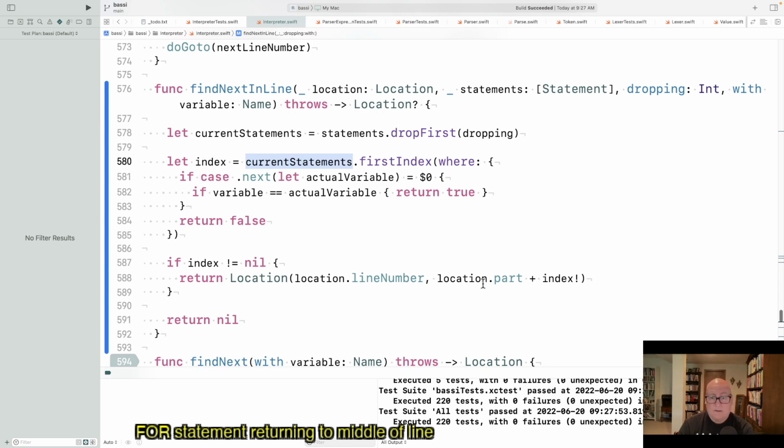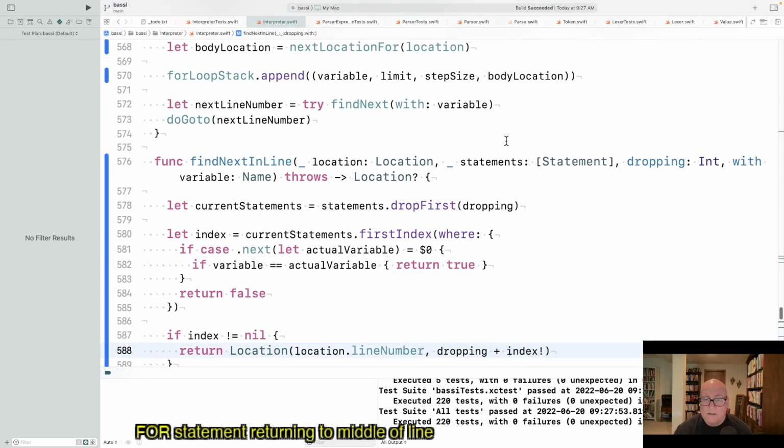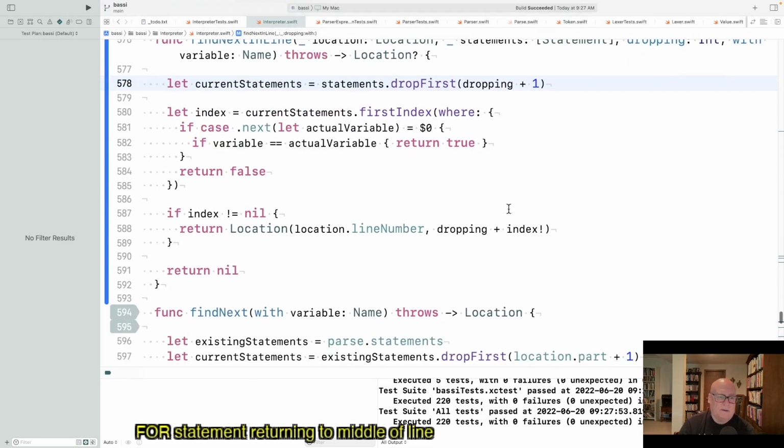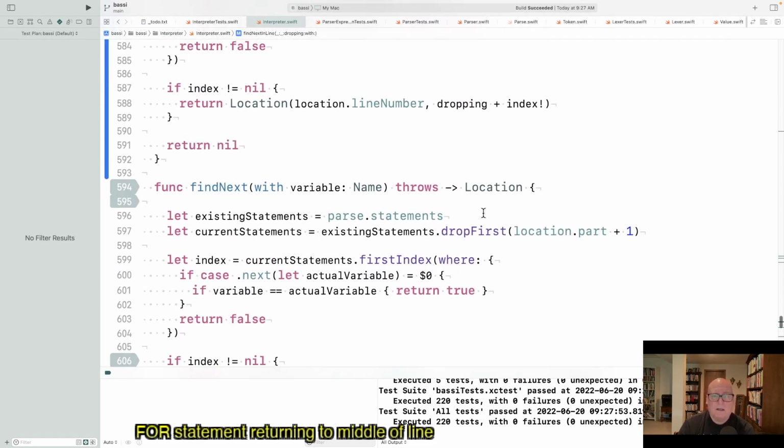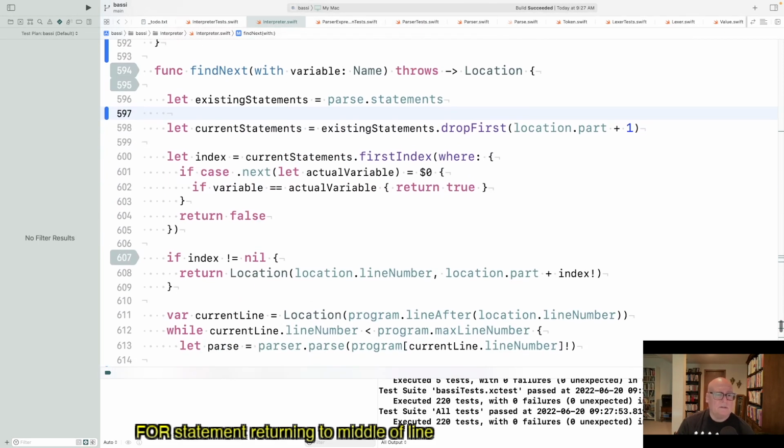So let's take the location and this dropping plus index. I think this is +1. Okay. So my claim then is this is